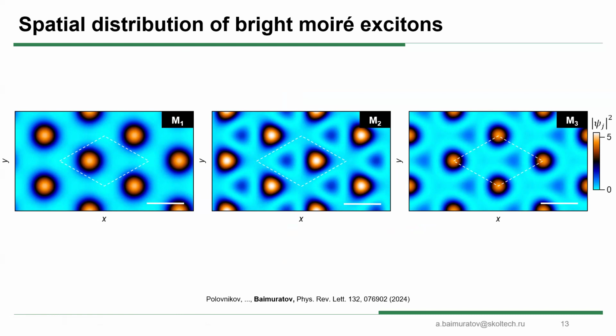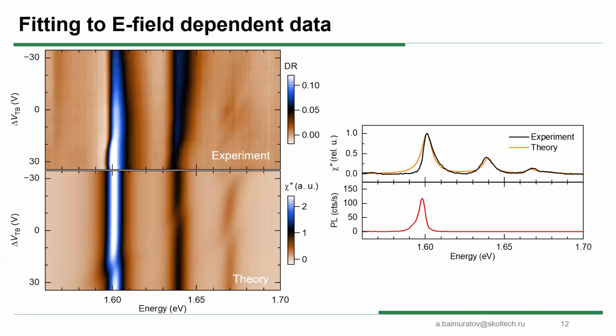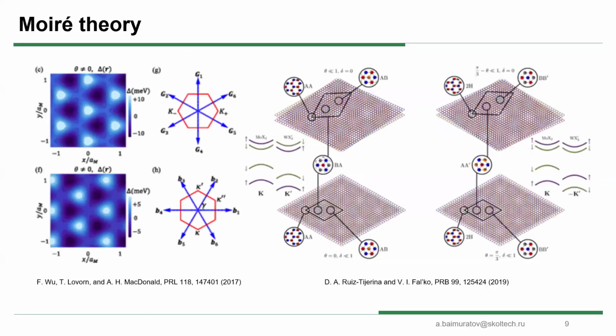What about the details of the theory? How do you calculate it? Here maybe I will show you just briefly. You have an expansion of the potential, just, let's say, these 6 vectors. At the end you have two parameters: the amplitude of this potential and the phase. The phase controls the shape of the potential.